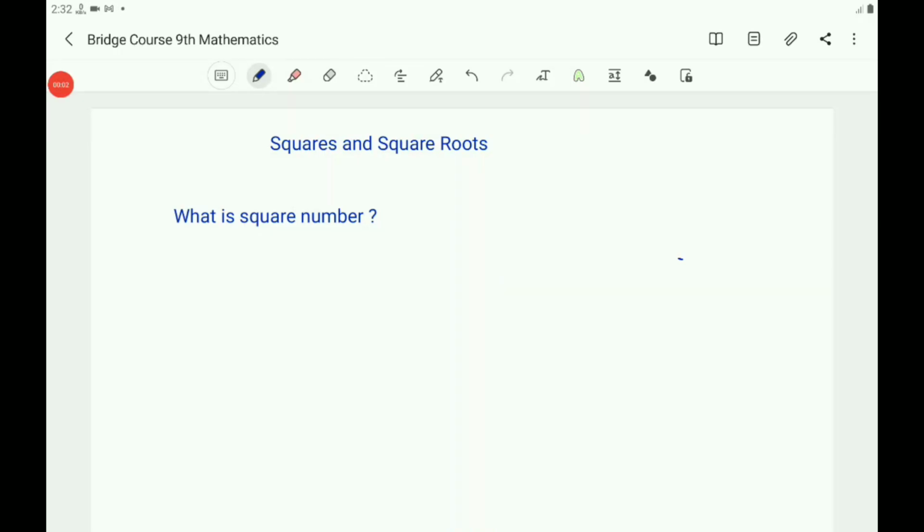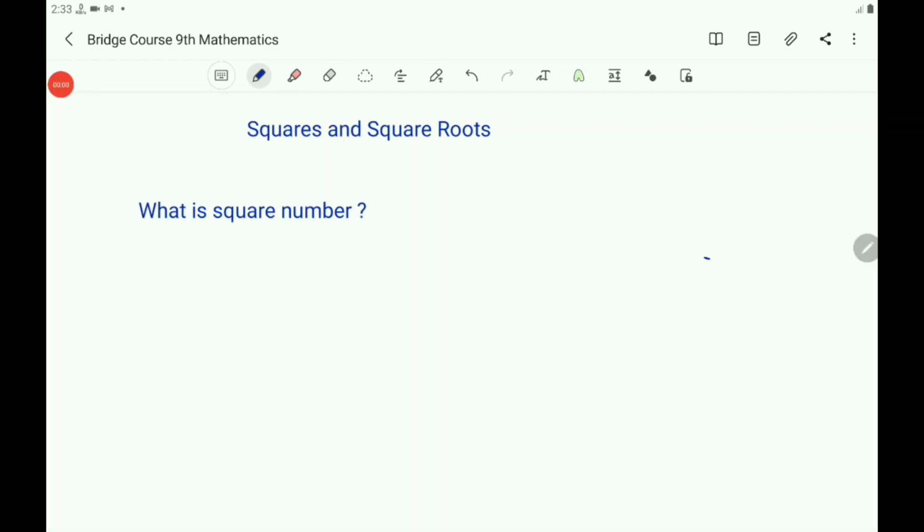Children, it is a continuation of the mathematics bridge course for 9th standard. Children, you know the square numbers. So now you take some example. 1 is a square number. 4 is a square number. Then 9 is a square number. 16 is a square number. 25 is a square number. 36, 49,